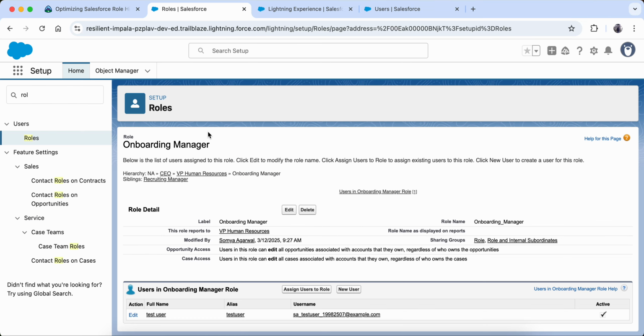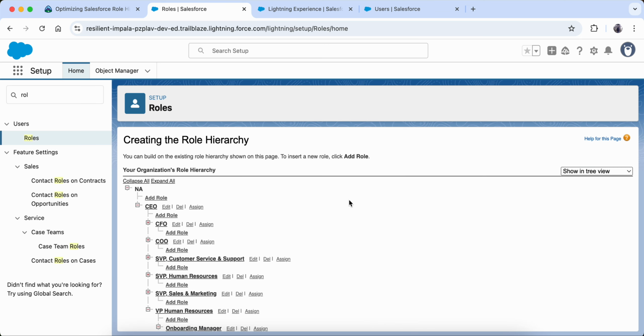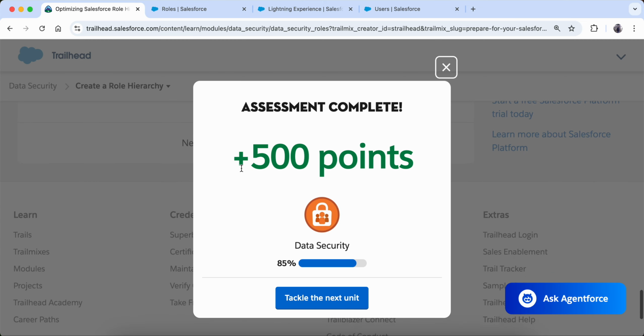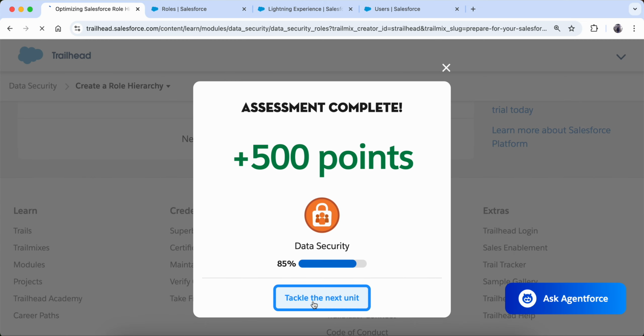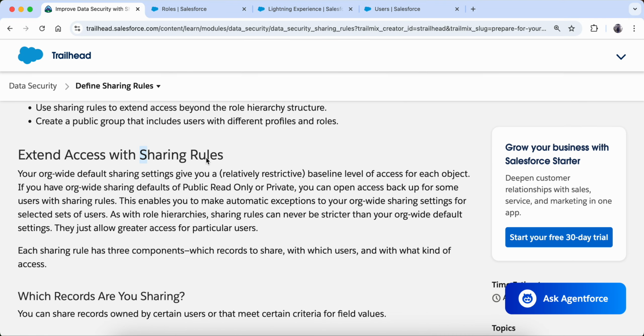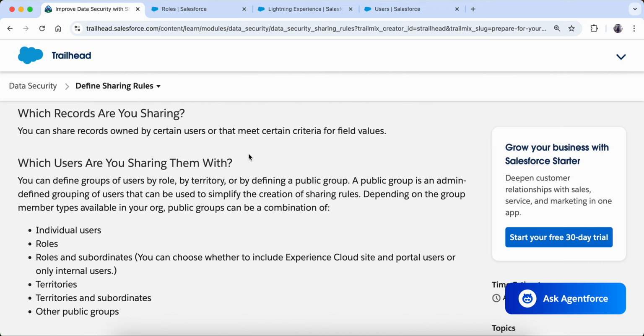Role hierarchy is very important in any organization because of record-level access, right? So it is very important to see who has access to what record. Okay, now this is done. Now let's go to the next step, which is about sharing rules. Okay, so I already showed you in the sharing settings how we can add a sharing rule. And now we are going to do hands-on for this.